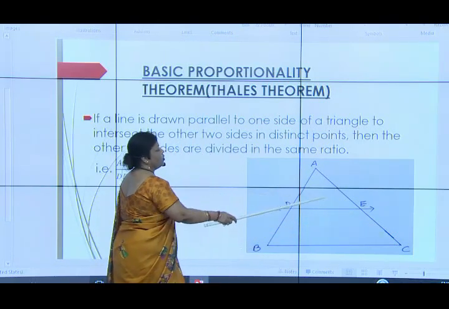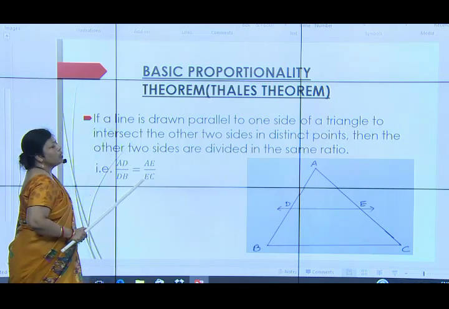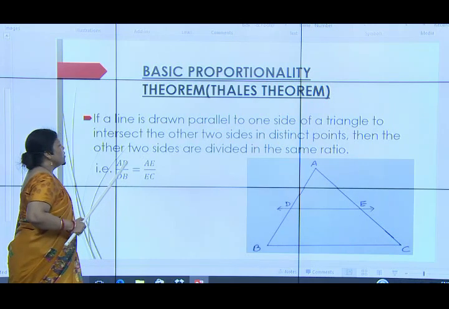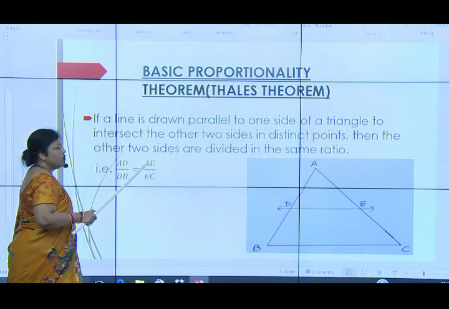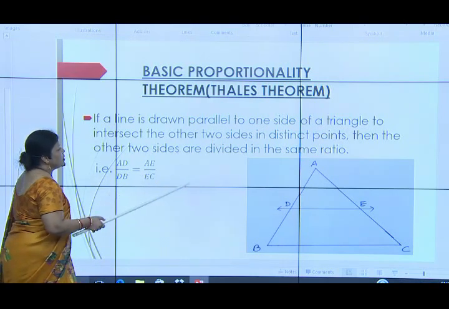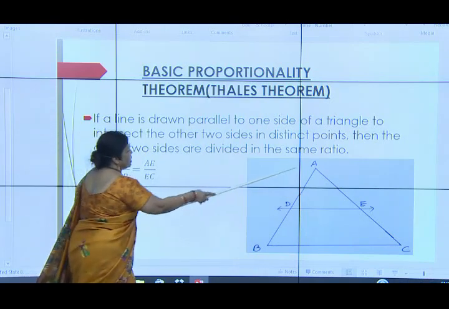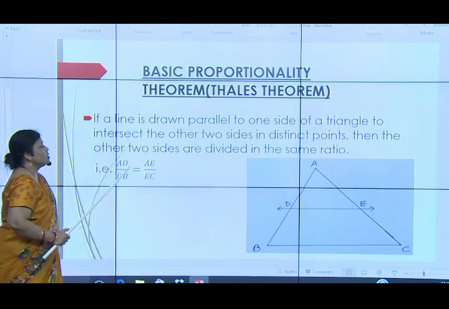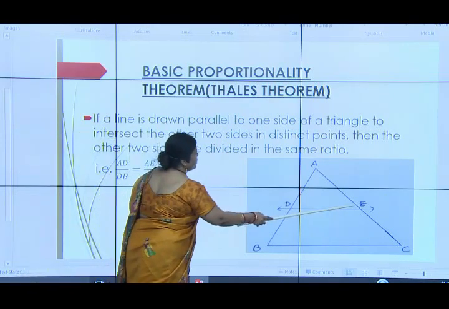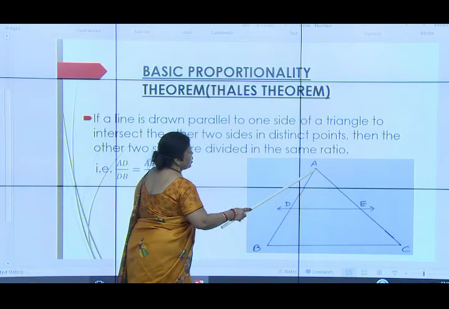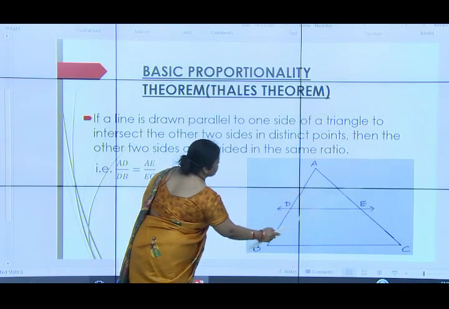Children, now here you have seen that there are four values given. If any three values are given, you can find out the fourth one. If two are given, then we can relate this also. If this ratio we know, same will be this ratio. So like this, by the help of the Thales theorem, we can apply this formula and we can find out any of the missing sides among the sides on which the parallel line is intersecting. So AD upon DB will be equal to AE upon EC.